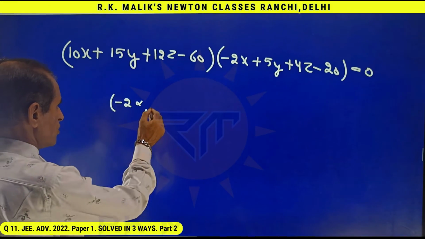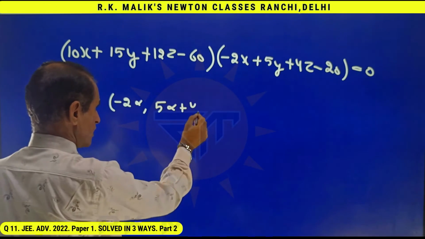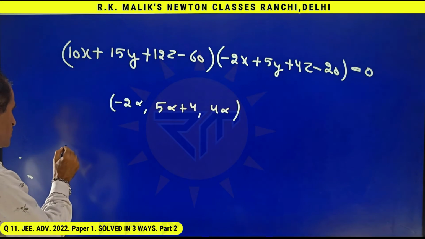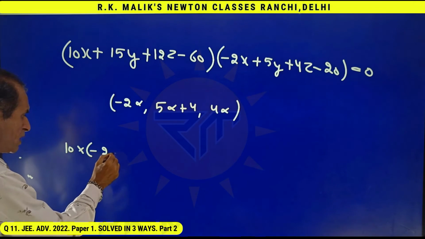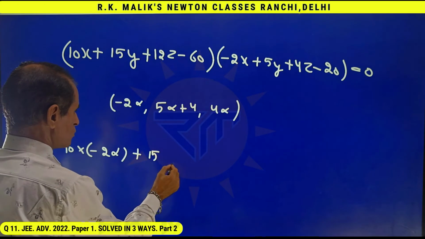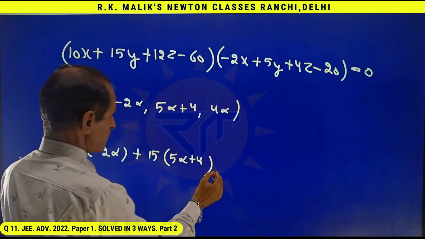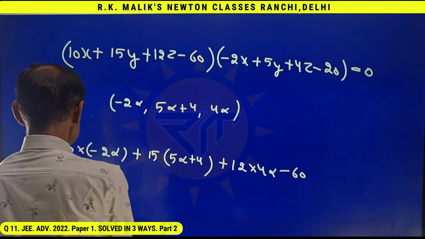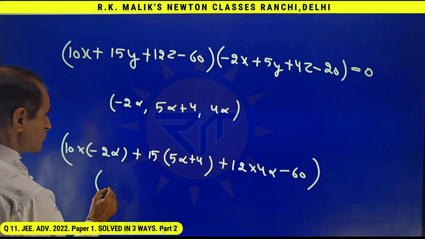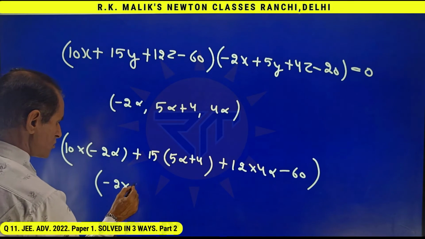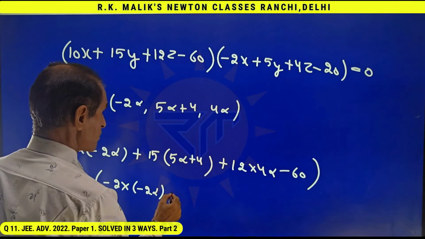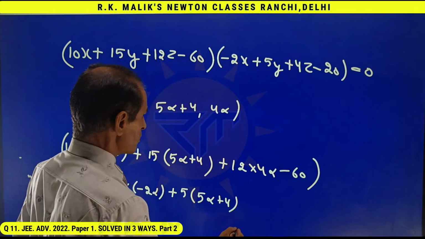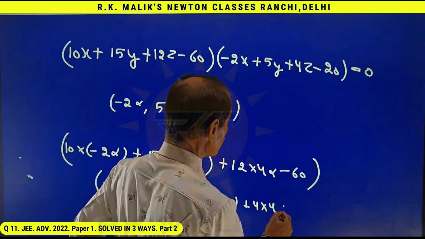Putting this point in this, I get 10 into minus 2 alpha plus 15 into 5 alpha plus 4 plus 12 into 4 alpha minus 60 into minus 2 into minus 2 alpha plus 5 into 5 alpha plus 4 plus 4 into 4 alpha minus 20